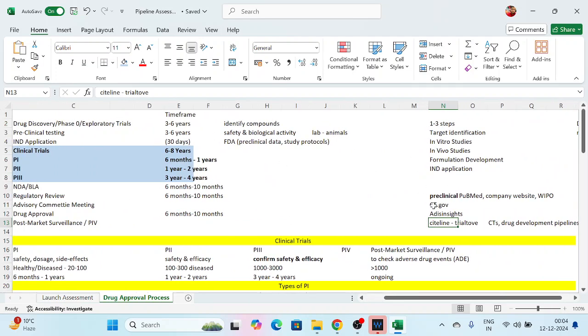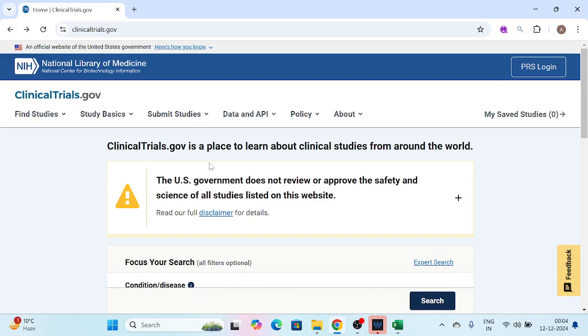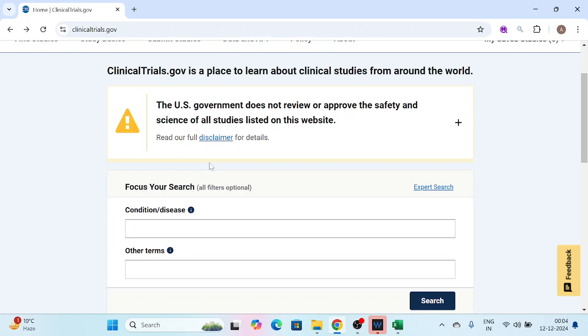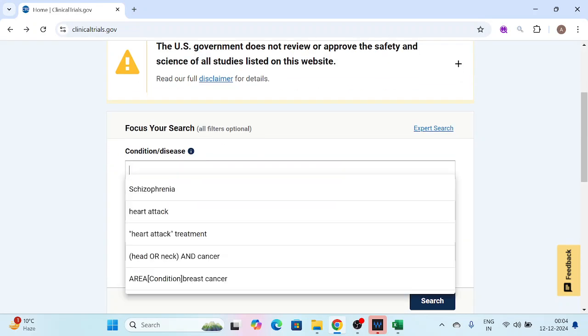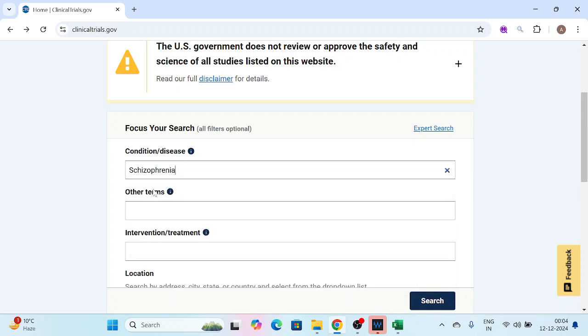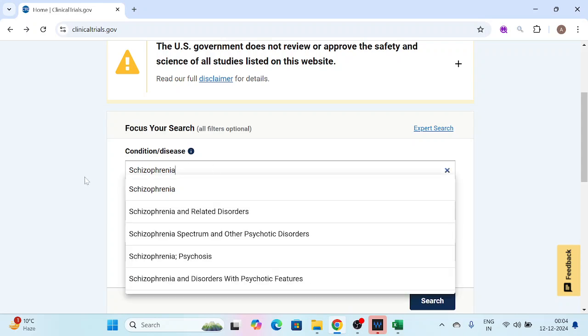However, we majorly rely on ct.gov, right? So clinicaltrials.gov. So this is the outlook. If you search on Google clinicaltrials.gov, there you can type various filters. For example, schizophrenia. So the disease you are targeting is, let's say, schizophrenia. For schizophrenia you are going to conduct the landscape assessment. Other terms, for example, if you want to merge schizophrenia with any other disease, schizophrenia and related, you can write